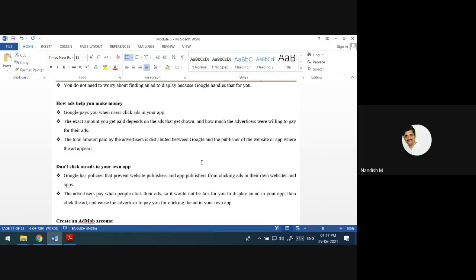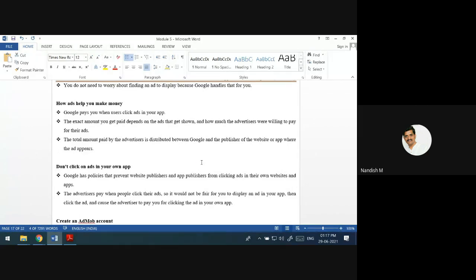The amount that will be paid by the advertisers will be distributed between Google and the publisher of the website. In this way, Google will get the money, the publisher of the website or the app will also get the money. For the advertisement company, they'll get marketing.